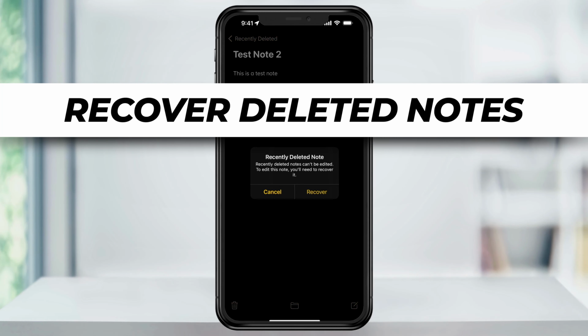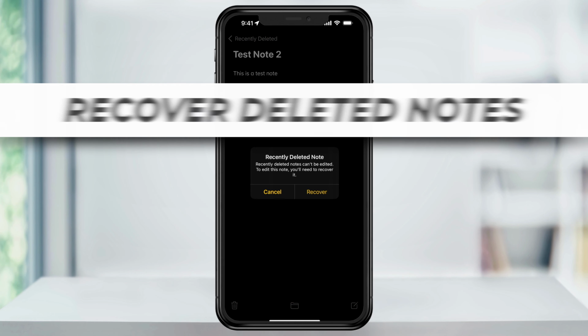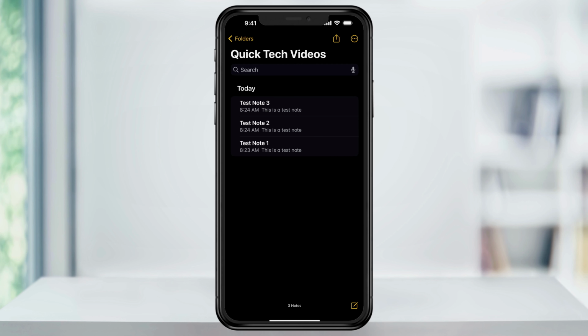In this video, I'm going to show you how to recover a note that you may have accidentally deleted on your Notes app on your iPhone. To get started, let's open the Notes app. Taking a look here at the notes that I have inside of this folder, let's say I accidentally deleted note